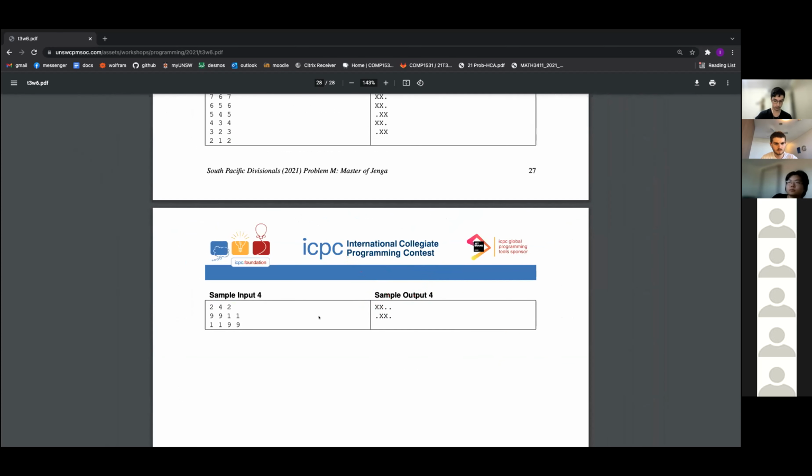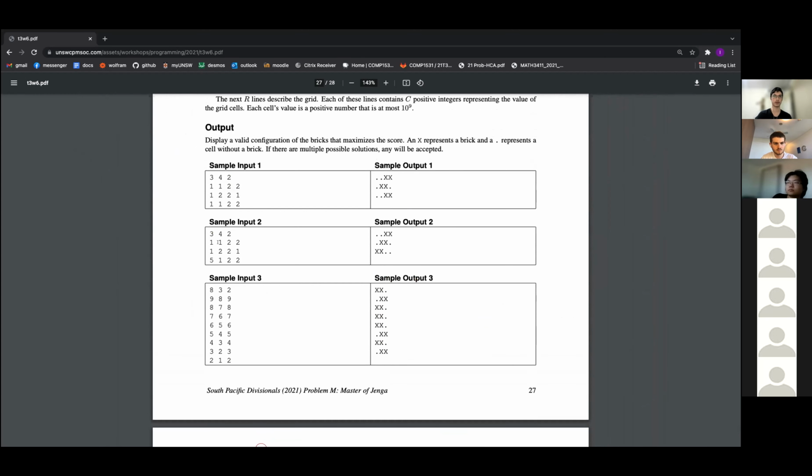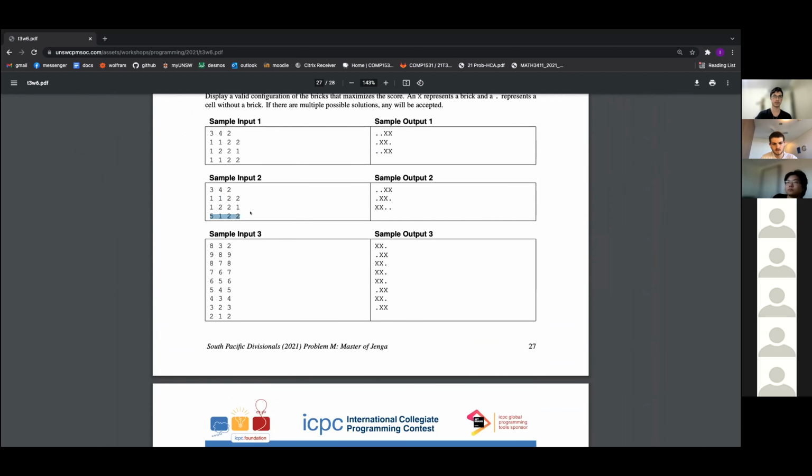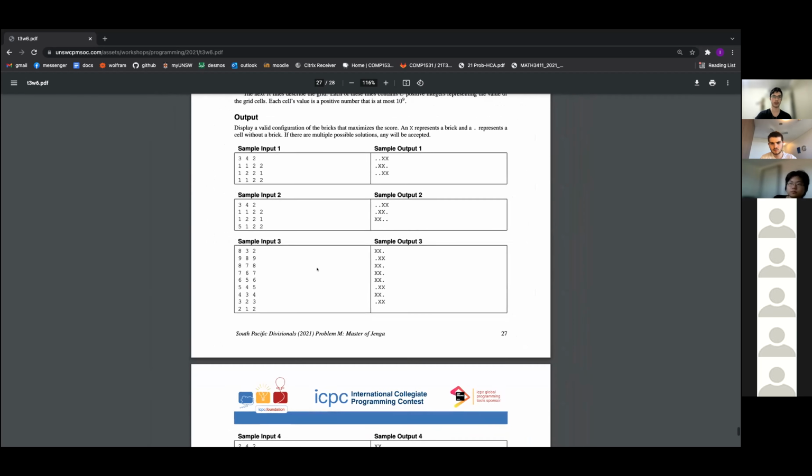Yeah, these samples aren't very interesting, but I guess the one that was not immediately obvious was this one. So what we did in that case was we checked every single bottom layout and saw what we could do with the next set. And in fact, the observation, if you can even call it an observation, is that when you're choosing where to put your block, all you care about is the block beneath. You don't care about anything you've done before that. And that motivates the DP solution. Or that motivates using DP.